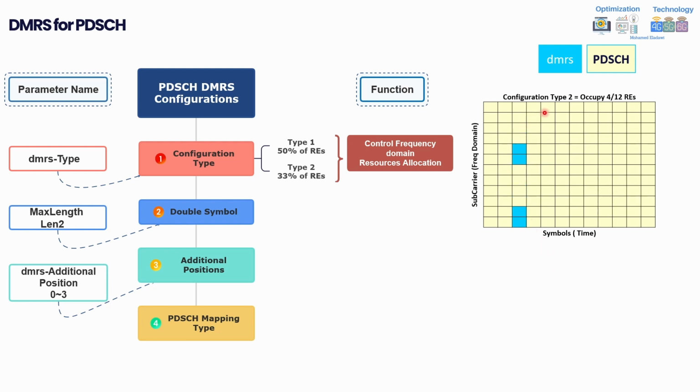Secondly, it's about configuration type 2. As you can see, that was configuration type 1, and this is now configuration type 2. As you can see, it is allocated every third subcarrier, but it comes with two REs as shown here. So you have more free resources and fewer resources used for DMRS. From an accuracy point of view, type 1 will be more accurate, but this one uses fewer DMRS resources. This gives a chance for frequency multiplexing or code division multiplexing.